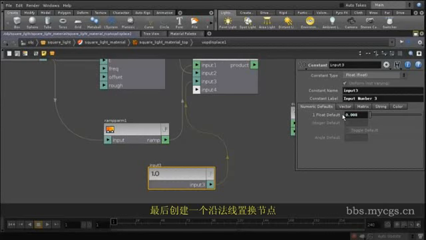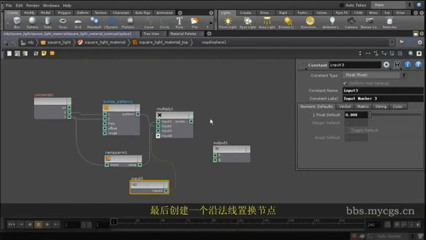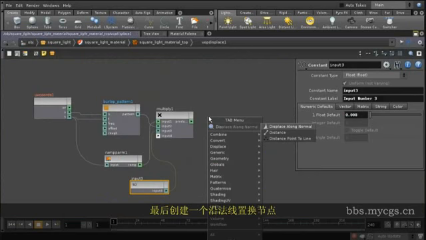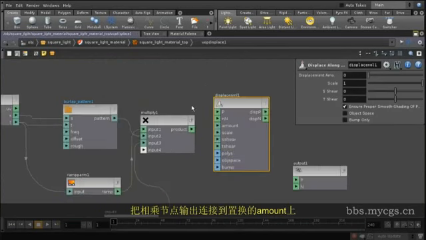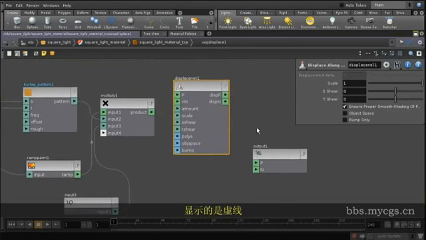The last node here will be the displace along the normal node. I'll hit tab, I'll write displace, I'll create this displace along the normal, and then I will connect the output of my multiply node to the amount input of my displace along normal node, and I see it's a dashed